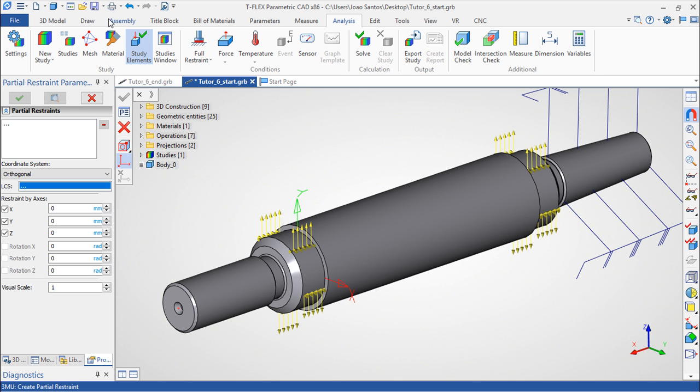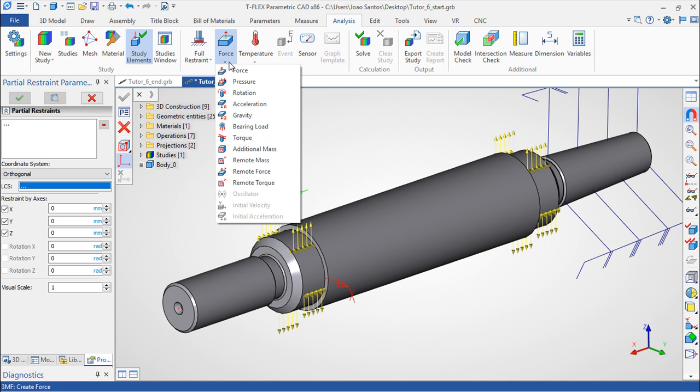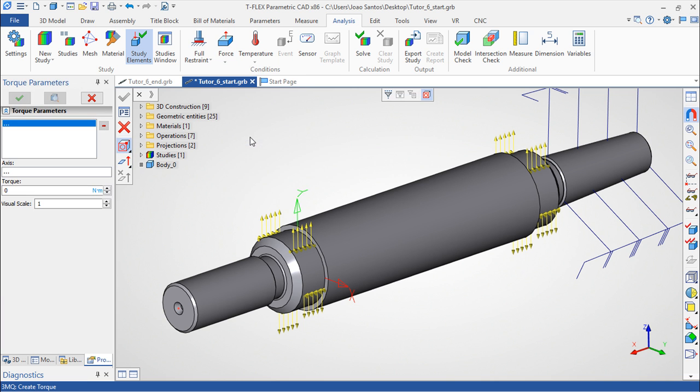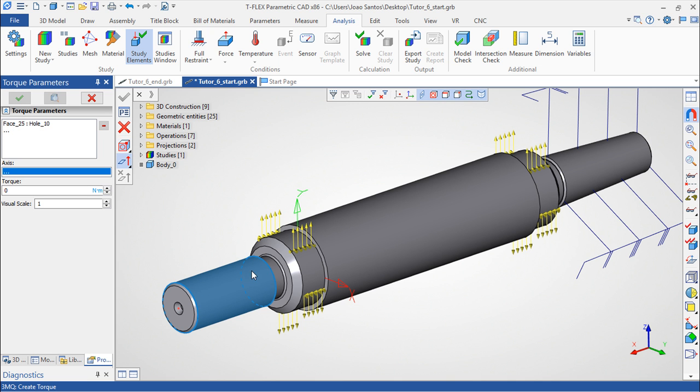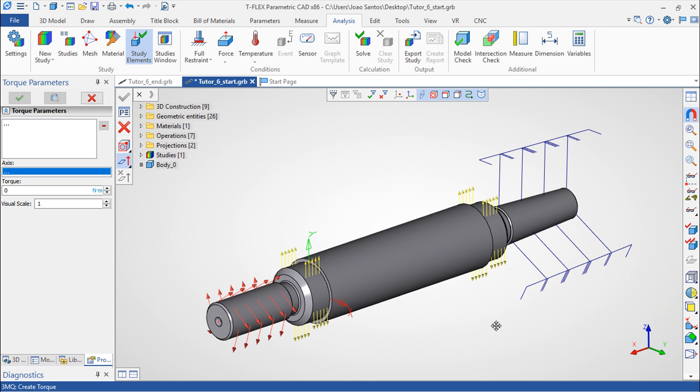And finally, I will apply a load. In this particular case it will be a torque in this face here. The axis is this one inside and 65 of torque, so something like this. Okay,